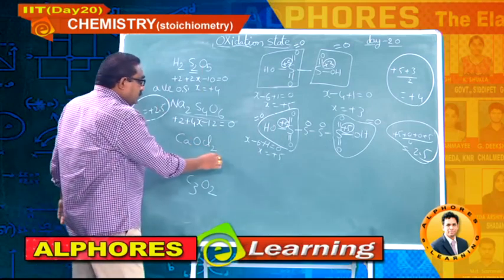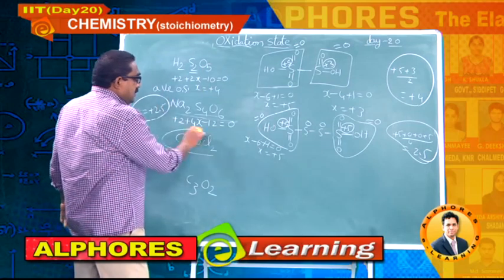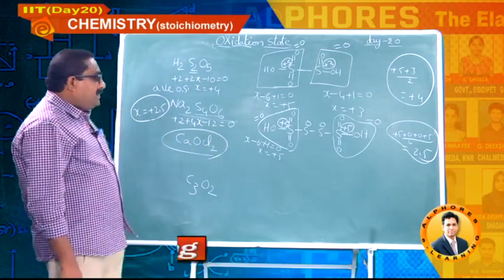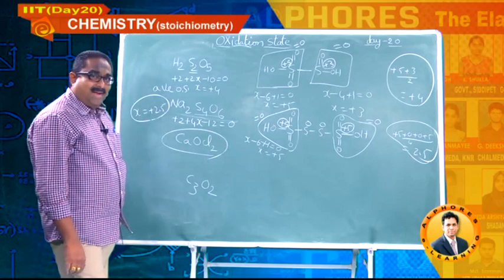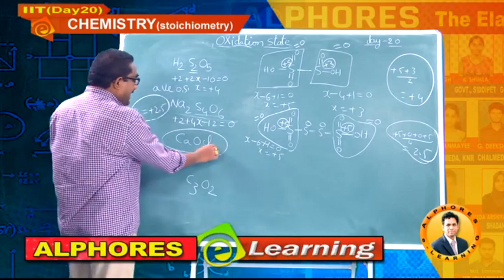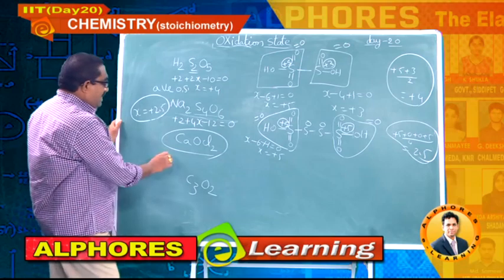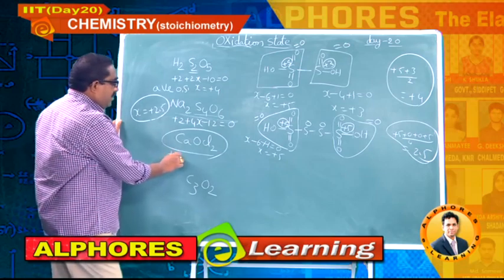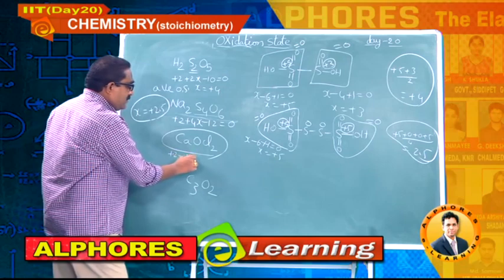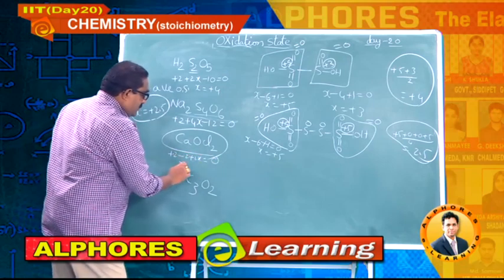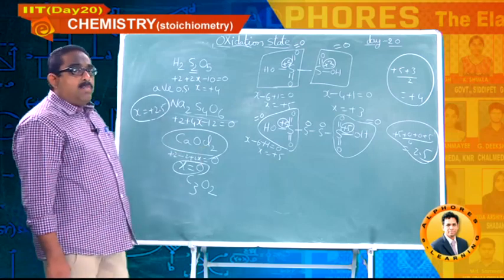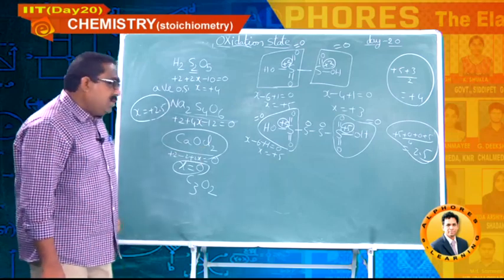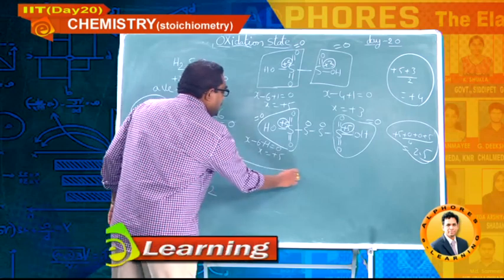Now, this one is an important chemical, that is bleaching powder. 2 chlorines are there, and let me calculate. Calcium is an alkaline earth metal, plus 2, oxygen minus 2, plus 2x. So, x equal to 0. So, the average oxidation state of both the chlorines in bleaching powder is 0. Let me go for the structural aspects.